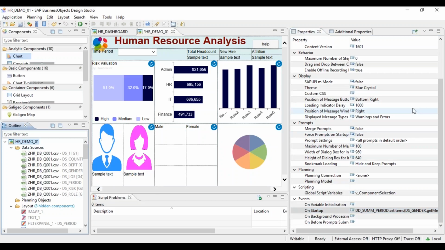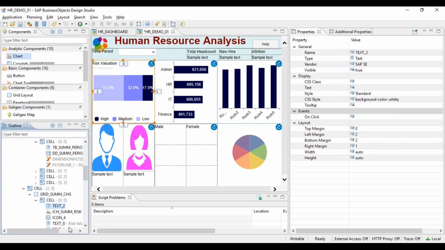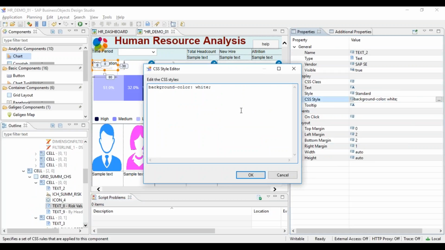How to do that is you can use a custom CSS. So now it comes to the CSS file. As of now, whatever CSS code we have written is on the component only, right? If we see this particular text box, risk valuation, we have written the CSS code here directly.